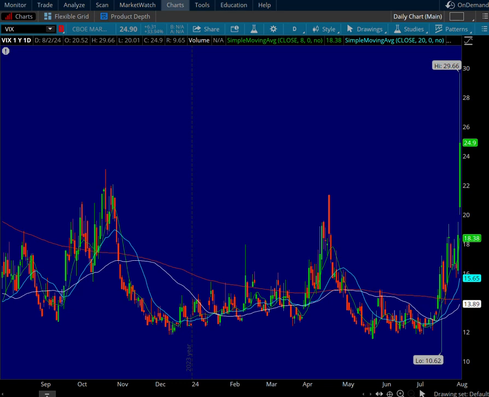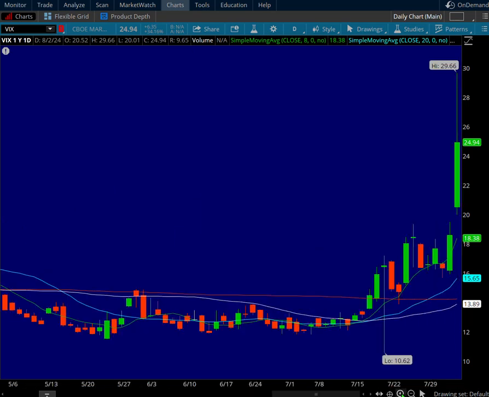It's Friday. We are looking at a daily chart of the VIX, the fear index. And the markets have been pretty scary this week. We had a Fed announcement on July 31st, and the next couple of days we've had some pretty rough sailing, pretty hard sell-offs. Let's zoom in on this a little bit here.